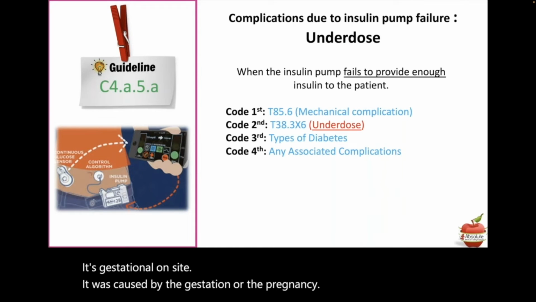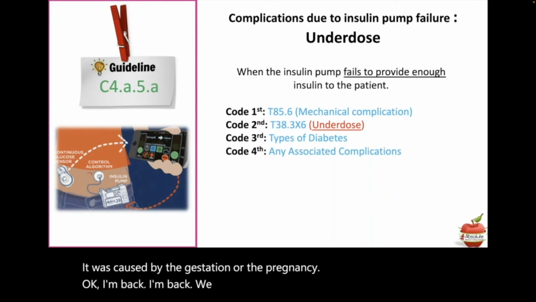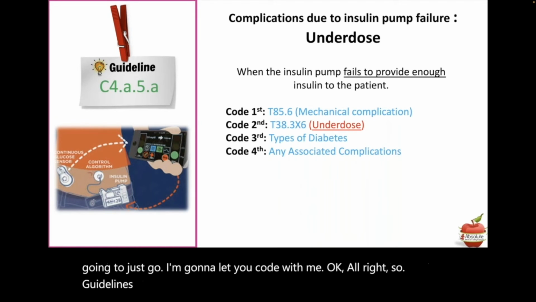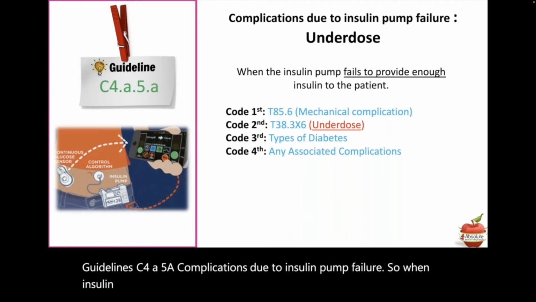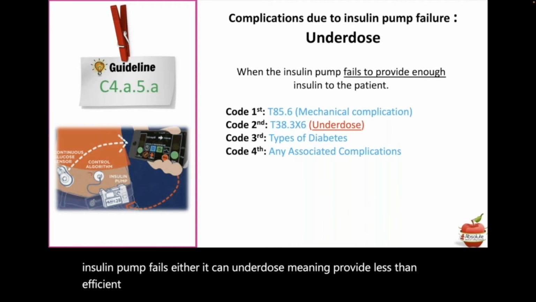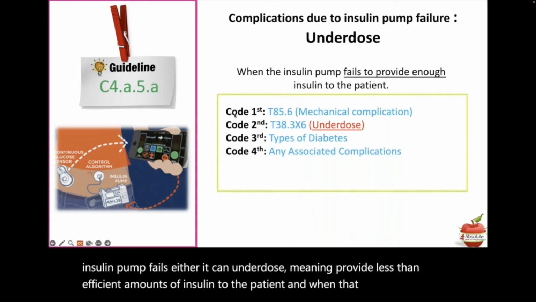Okay, I'm back. We have a couple more guidelines and then we're going to just go. I'm going to let you code with me. Okay. All right. So, guideline C4A5A, complications due to insulin pump failure. When an insulin pump fails, it can underdose, meaning provide less than sufficient amounts of insulin to the patient. And when that happens, you code it as